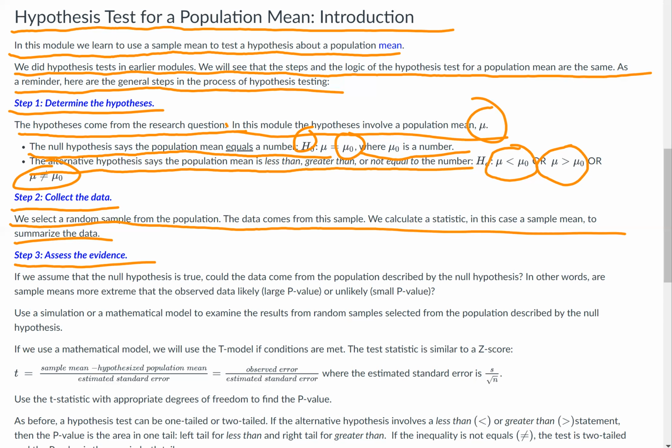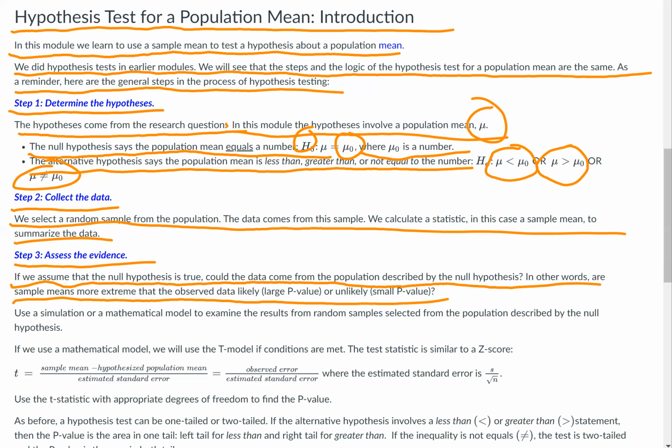The third step would be, now we're going to assess the evidence after we've collected the data. If we assume that the null hypothesis is true, could the data come from the population described by the null hypothesis? In other words, are sample means more extreme than the observed data likely, large p-values, or unlikely, small p-values? So we're assuming that the null hypothesis is true, kind of like we said in a previous module, innocent until proven guilty. So the null hypothesis, we're assuming it's telling the truth, it's innocent,